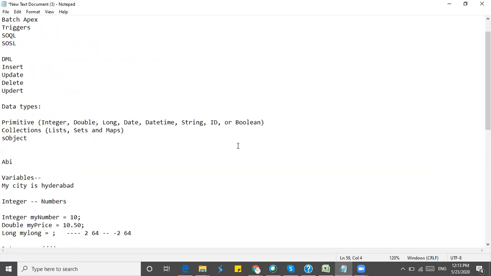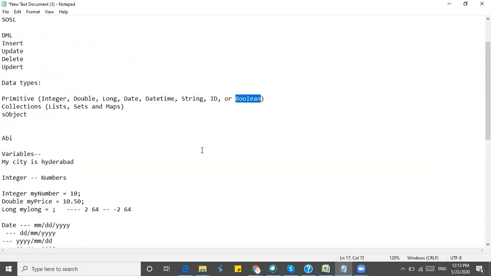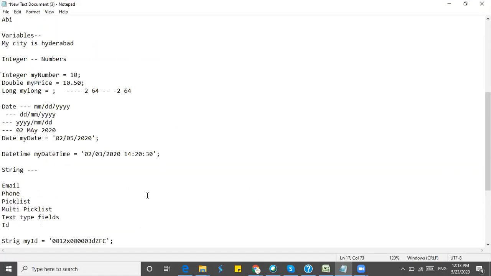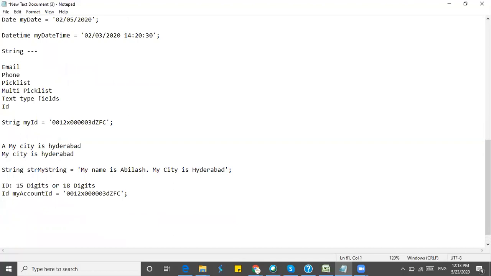And another thing is Boolean. Boolean will accept only two values, that is true or false. Let's create one.